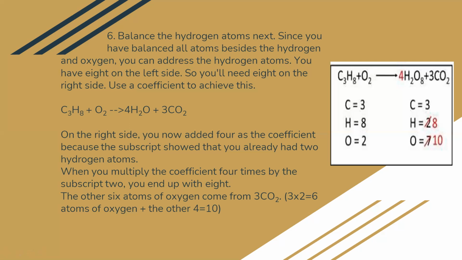So we have carbon 3, hydrogen 8, and hydrogen 8. We have remaining here oxygen. In the products, our oxygen here is 10, and we have 2 here. What we're going to do is put a coefficient